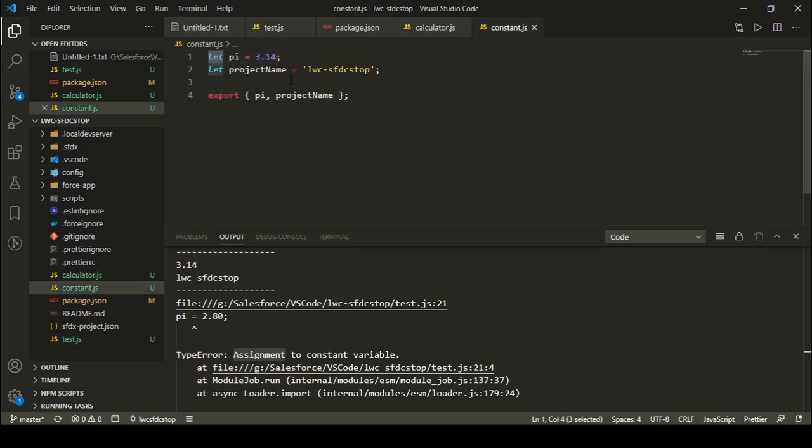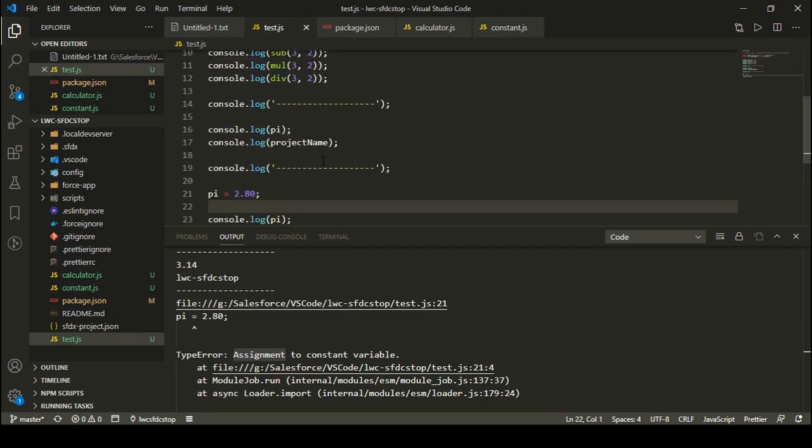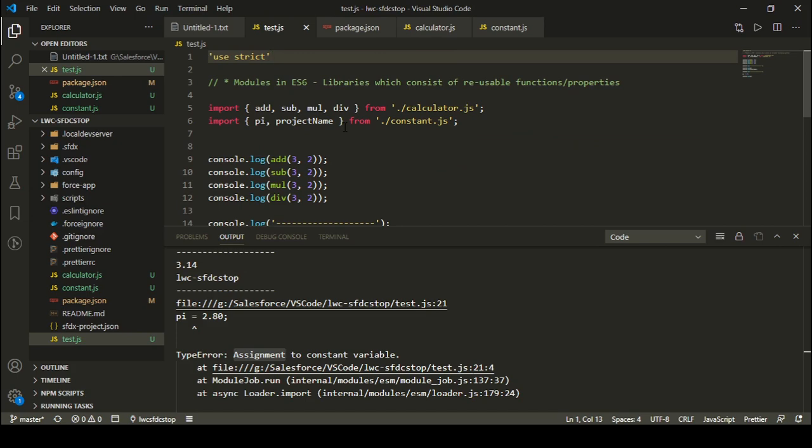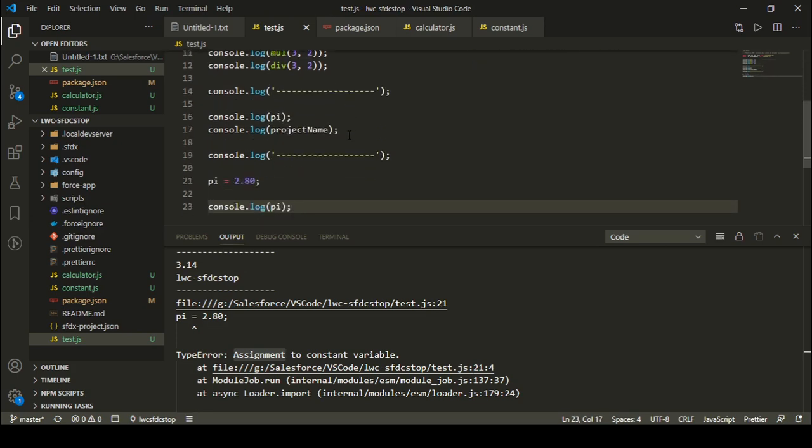So these are not actually constants, but whenever I am importing these variables into my main JavaScript file as part of a module, then these are automatically converted into constants. So although it's defined by using the let keyword, whenever I'm importing it in some other JavaScript file, it is automatically converted into a constant. So I cannot update the value of this because it's a constant.